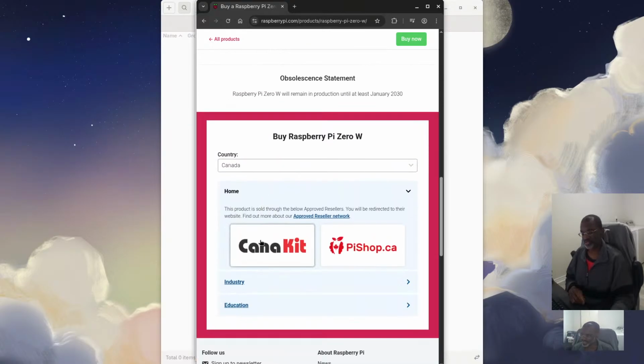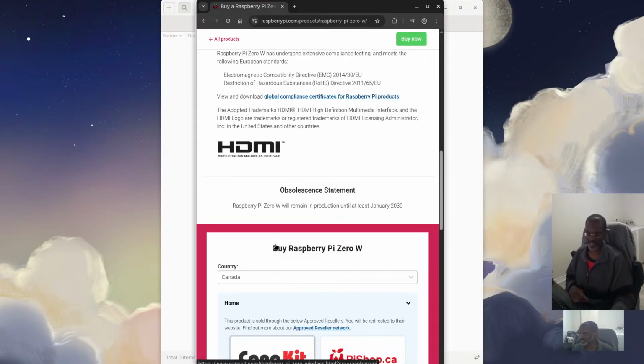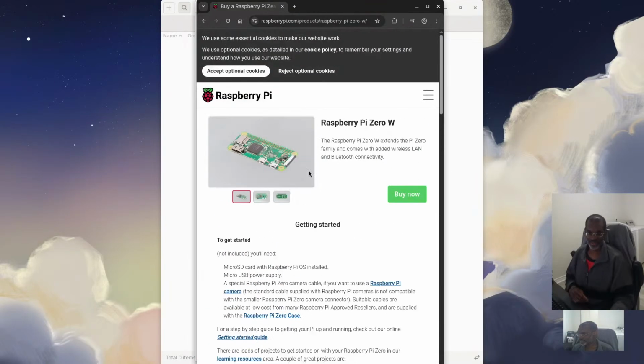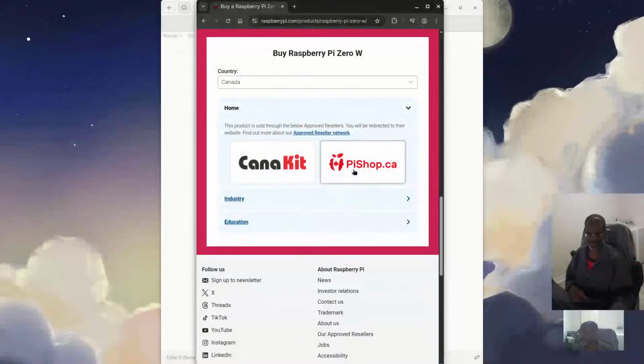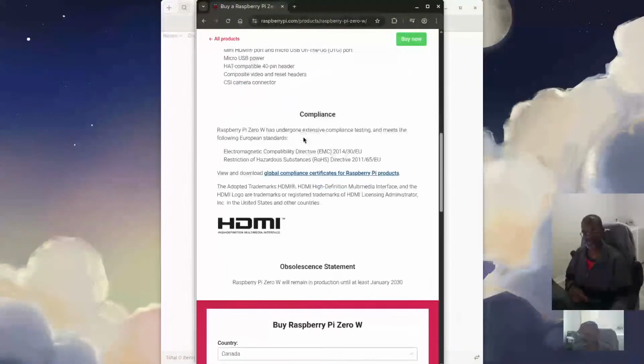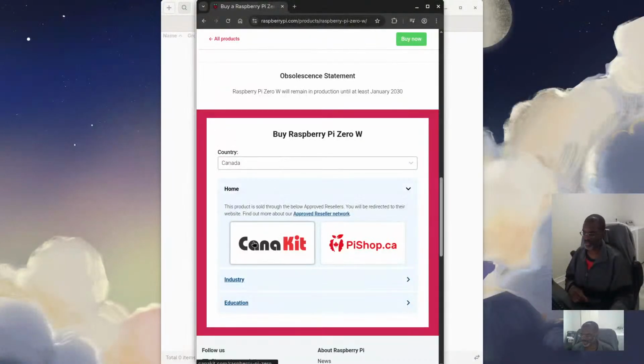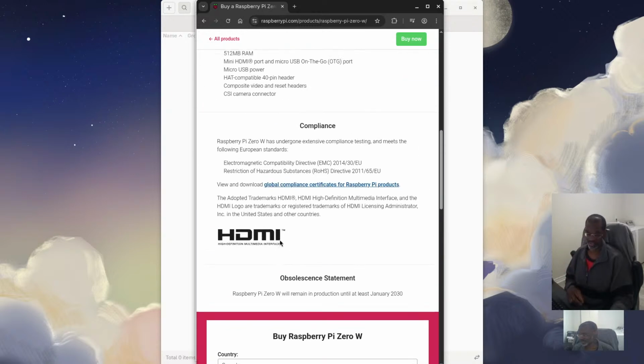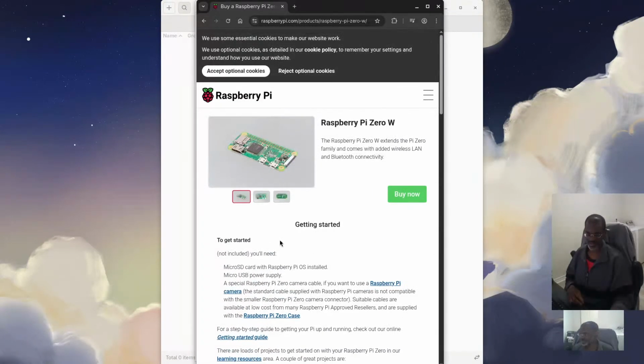And ironically, because I'm in Canada, I actually bought it from this company CanKit. But nowadays I don't know if you can actually buy it from here. Usually it takes you to a different place. Oh yeah, I was right. So even if it says buy now, usually they don't sell it directly. You have to go elsewhere. So I bought mine from CanKit. I said this is 2008, so wow, that's like 8 years ago, right? That was a long time ago. Okay, so